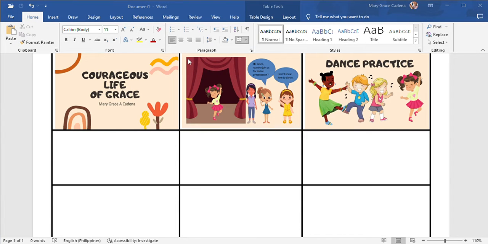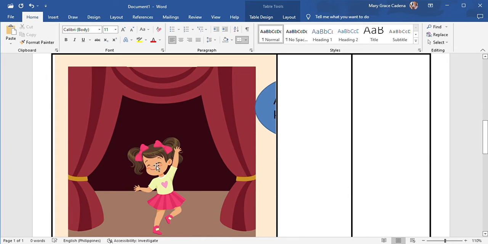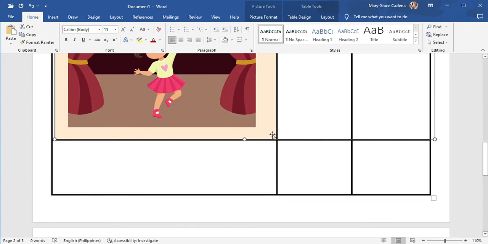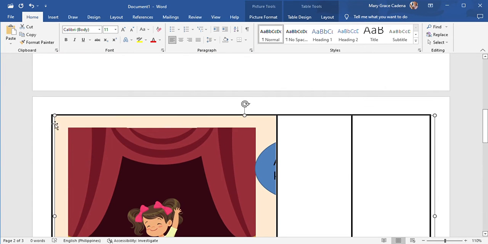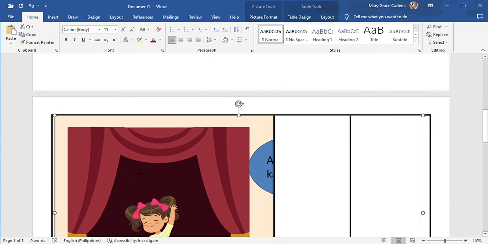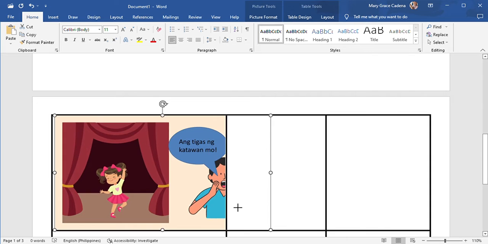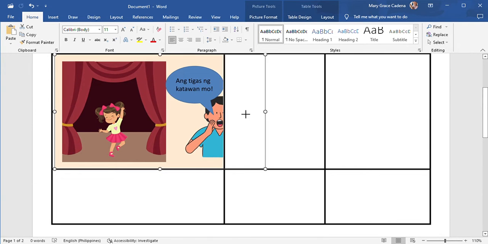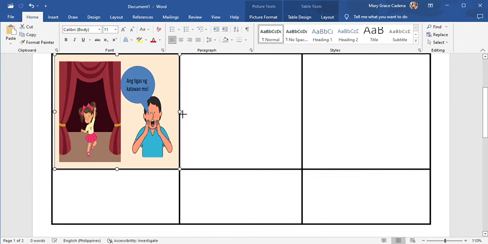Next slide. That's what we're going to do until we cover all the boxes. Make sure that we always adjust all the pictures according to the size.